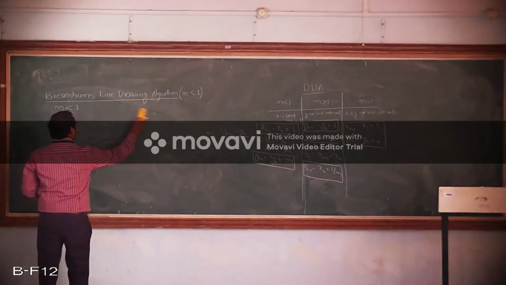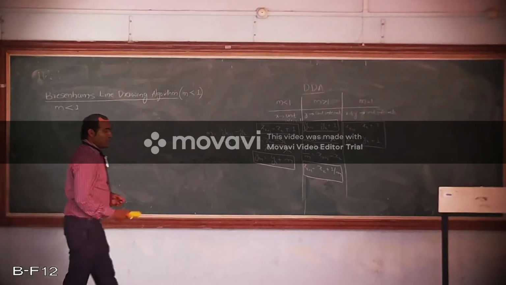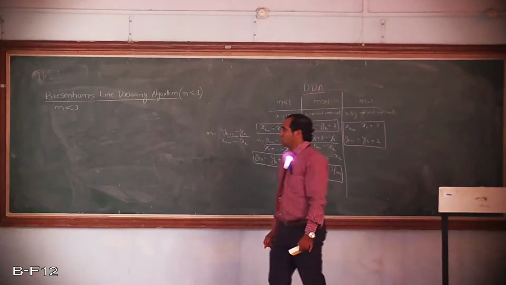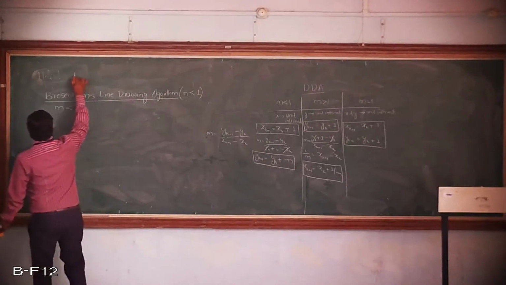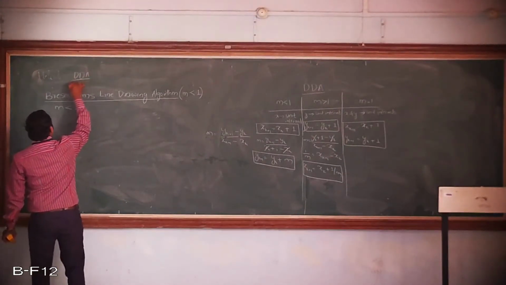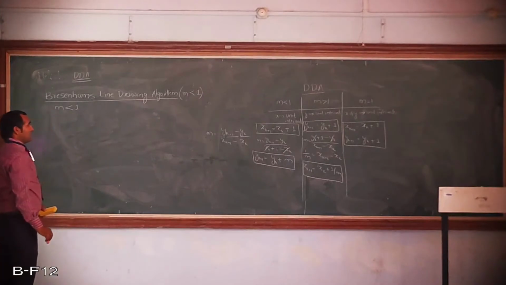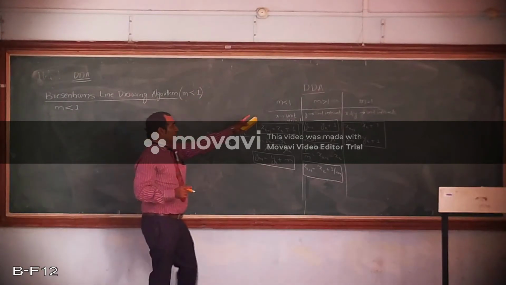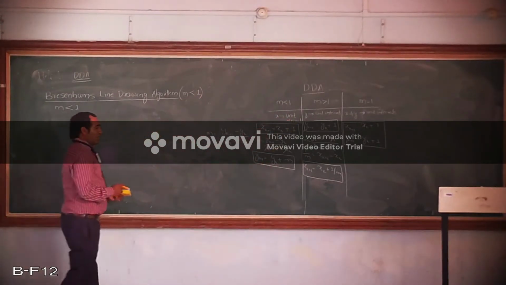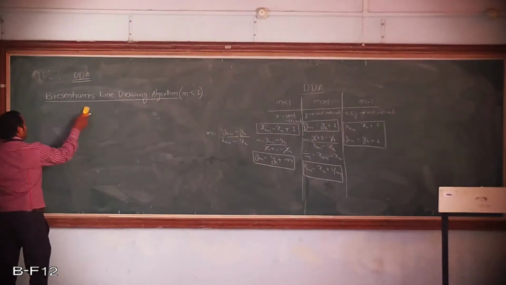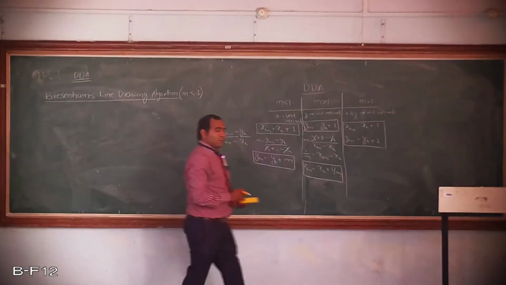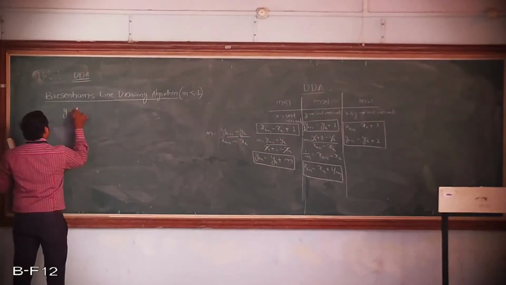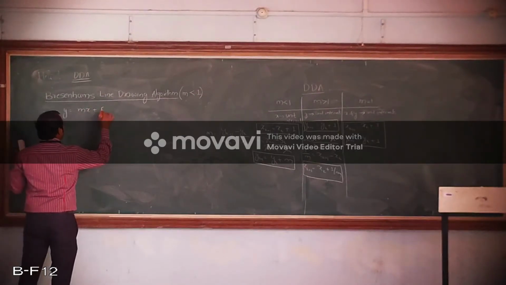So this is how Bresenham's line drawing algorithm is used to overcome the error that we found in the digital display algorithm. The rounding off function will be eliminated here. I am considering it for slope less than 1, and I am deriving it. This is for a straight line, and all of us know the equation of a straight line: y is equal to mx plus c.